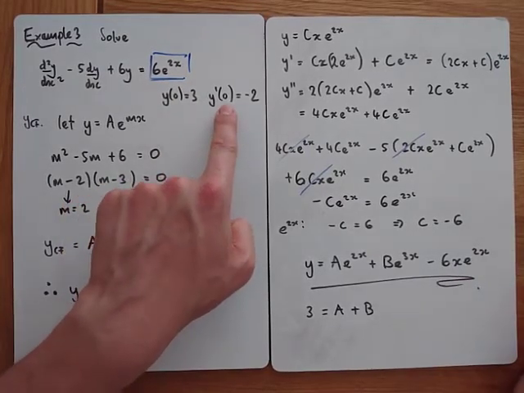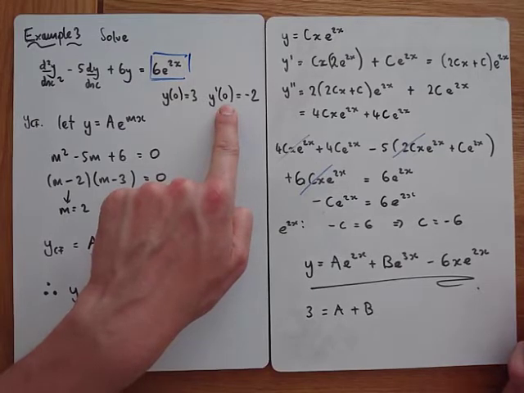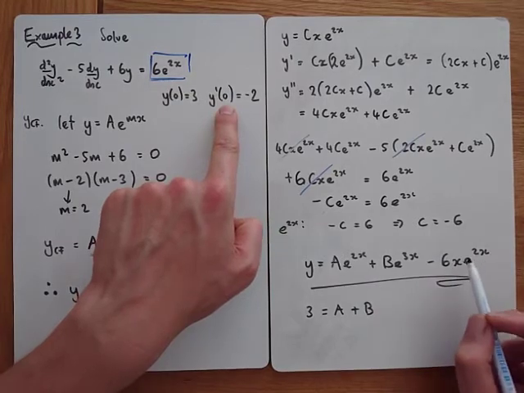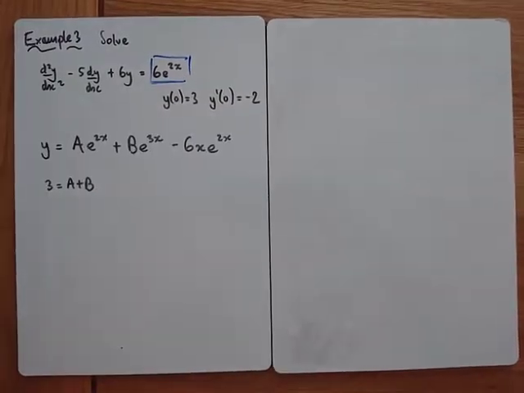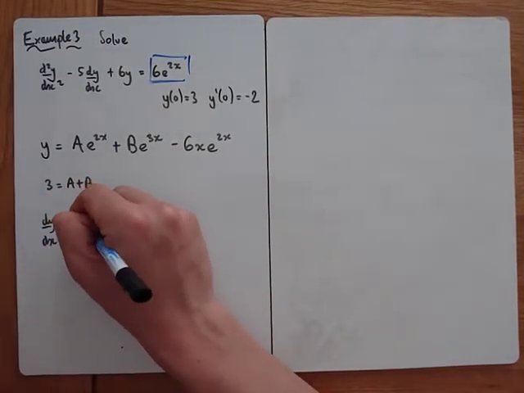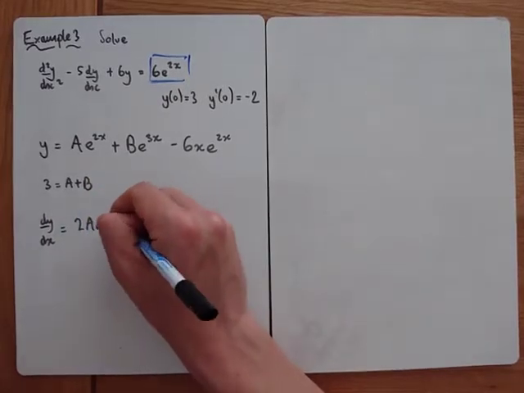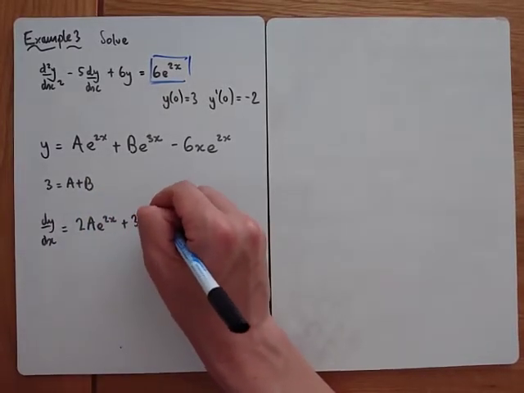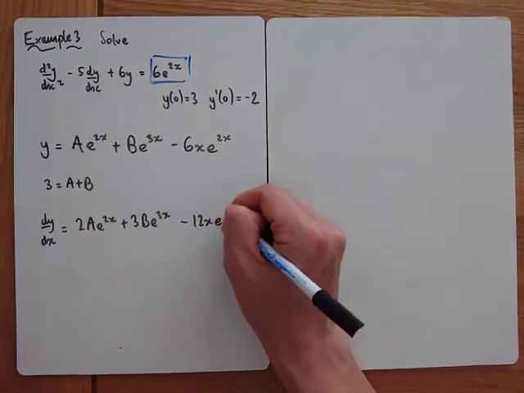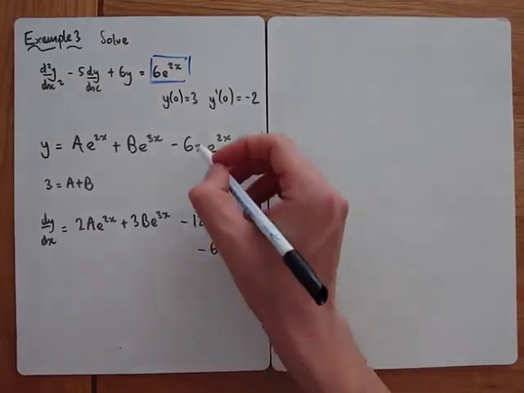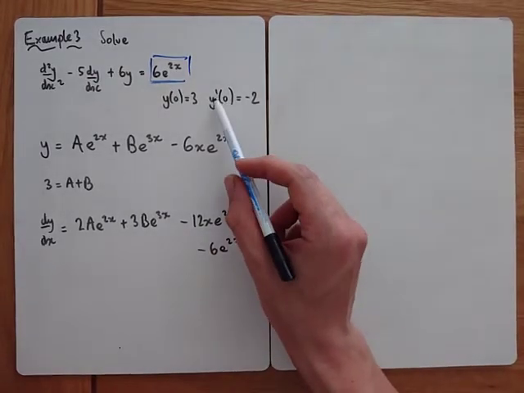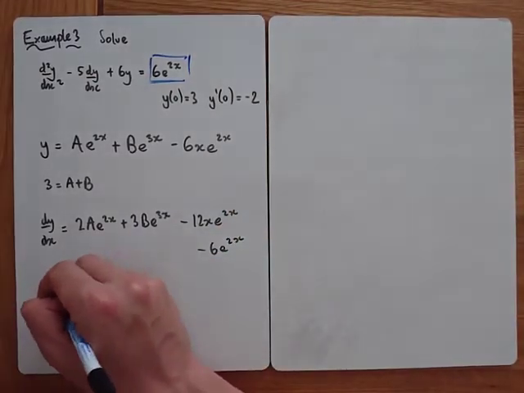To use my next piece of information, I'm going to need a bit more space, and I'm going to use the derivative. So I'll need to differentiate this, and I'll, again, be careful with the product rule for this. So if I differentiate this, dy/dx would equal 2a e^(2x) plus 3b e^(3x) minus, differentiate that, so that'd be 12x e^(2x) minus 6, differentiate that, e^(2x). And we know that when x equals 0, the derivative is equal to minus 2, so if we substitute that in,